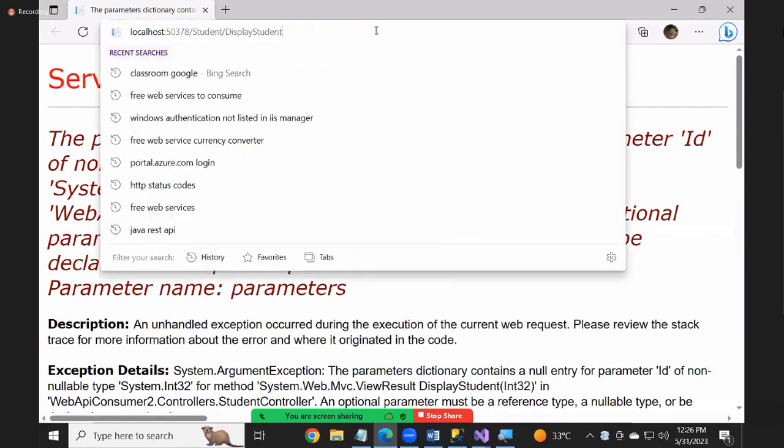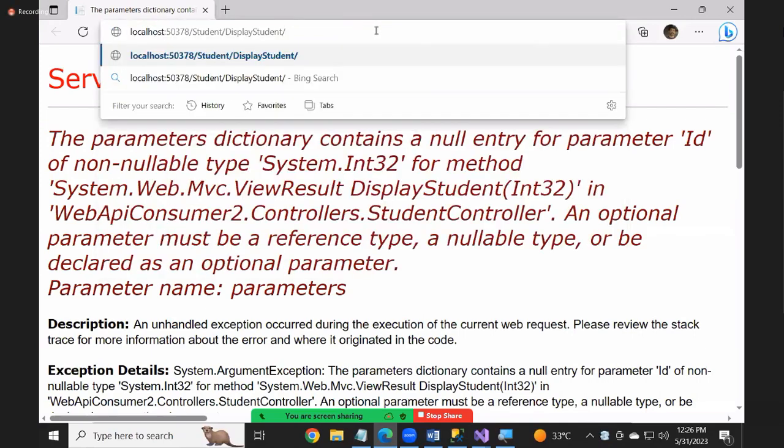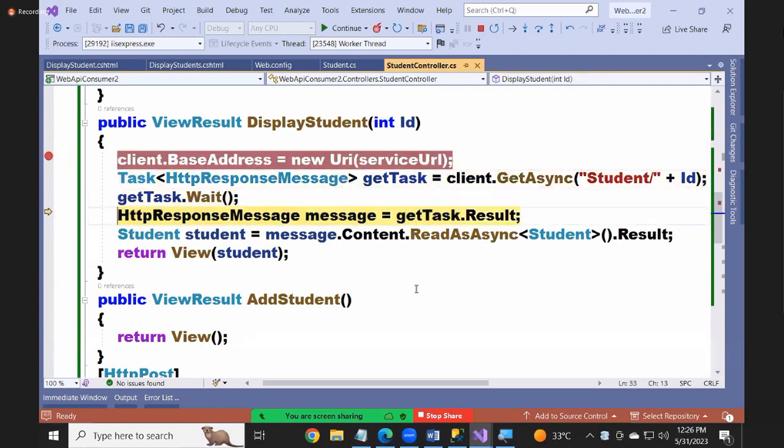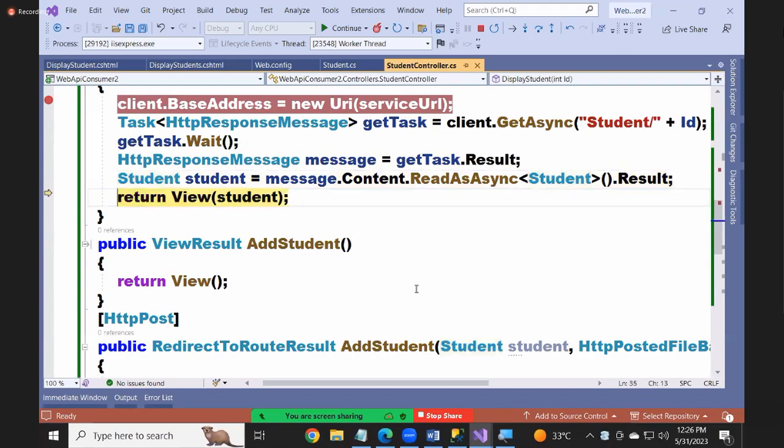Oh, we did not pass the ID. Get student /101. Watch. Again, the whole process repeats. And now,